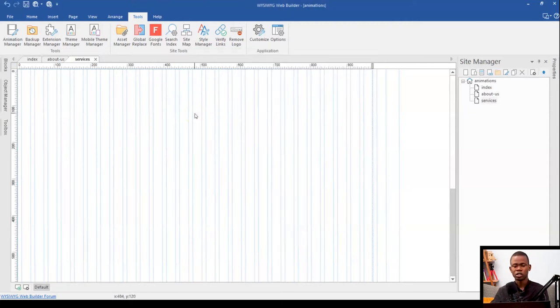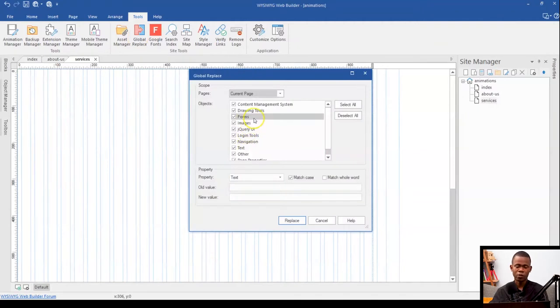Now this is where it actually becomes fun using the global replace tool. Once I come to the global replace, I want to change that particular property or option I have in the page title. So let me first of all deselect everything, and because I'm going to change this across the entire website, I'm going to select entire website.